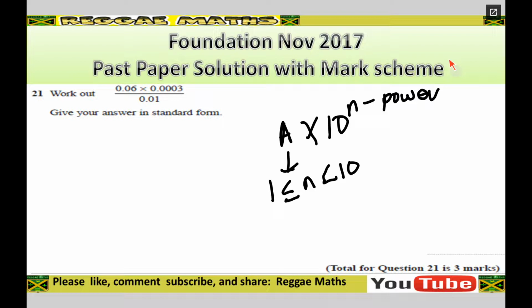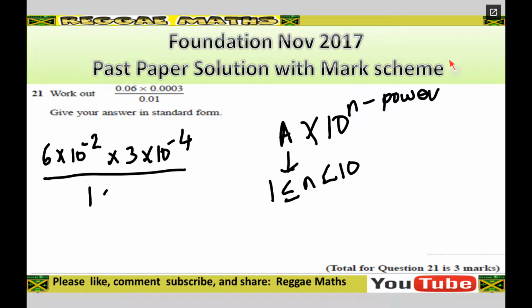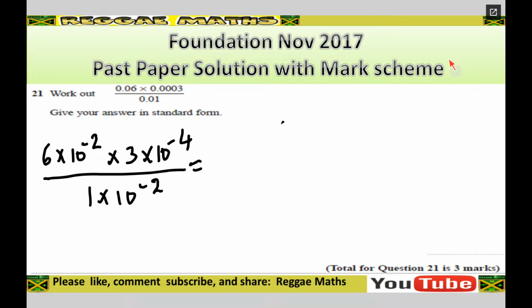It says work this out. So let's look at this. We have 6 times 10 to the minus 2 times 3 times 10 to the minus 4, all over 1 times 10 to the minus 2. If I write out just the top bit, this is going to give me 6 times 3 times 10